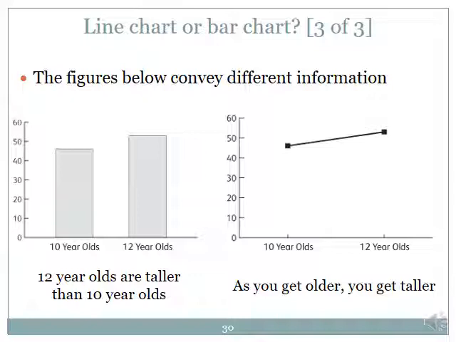Here, some people may present the same data with a line chart. So what they are claiming is that as you get older, you get taller. That may be true, but where is the proof? Have you actually gone and recorded all these data points? Without recording the data points, how can we just generalize? Although everybody knows the height increases, there is no guarantee that the height increases linearly. Maybe it increases in the first 6 months, reaches the height of a 12-year-old, and then it saturates.